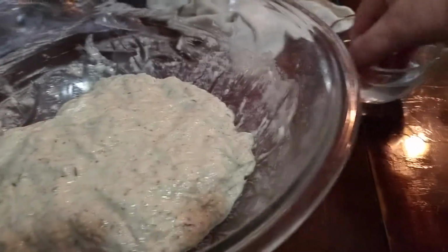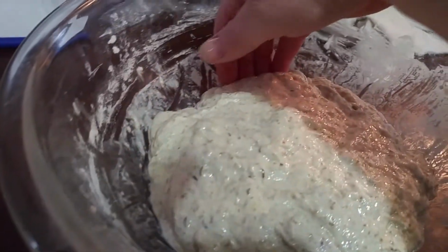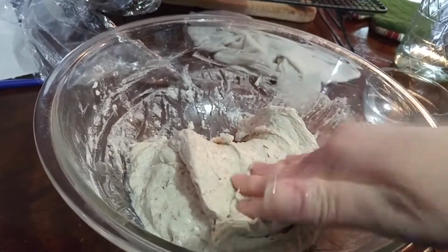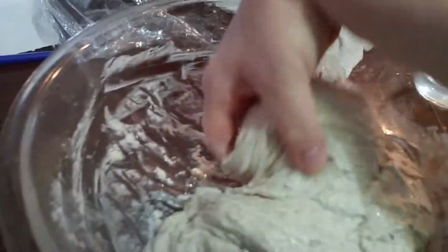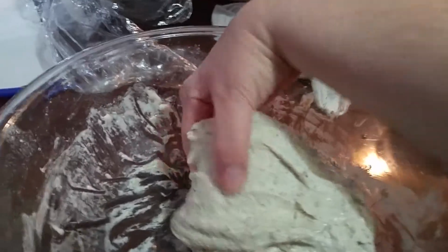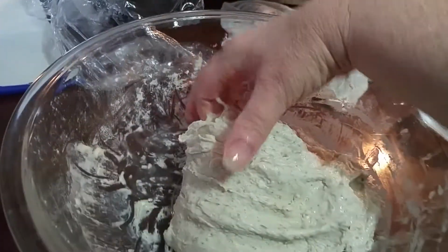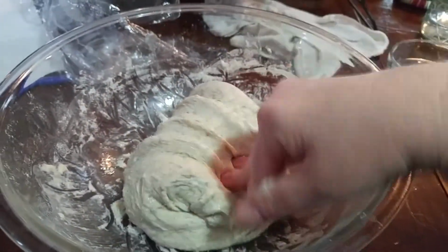So first step is you wet your hands, and then you just come in and you kind of pull it up and back towards you. See, it's still a little sticky, but this is what starts to develop the gluten in the bread. I'm going to keep my hands a little wetter. Okay, and then you pull it up and then just fold it over on top of itself. I don't think you're supposed to pull it all the way up like that, but